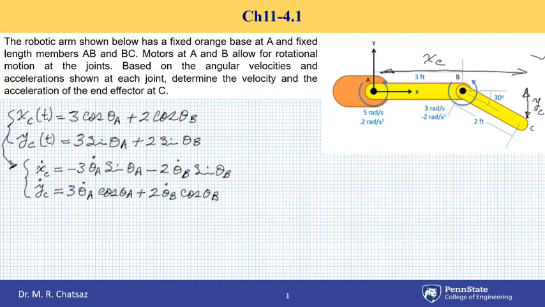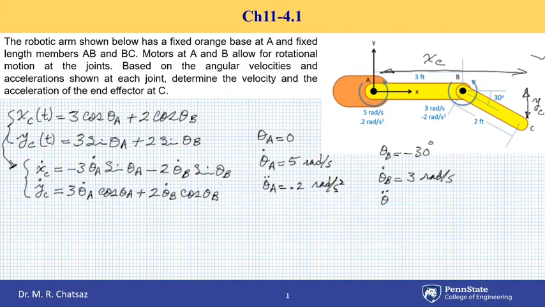Now if we write down the given information for the position shown, theta A is 0, theta dot A is 5 radians per second, theta double dot A is 0.2 radians per second squared, and for point B we have the following: theta B is minus 30 degrees, theta dot B is 3 radians per second, and theta double dot B is minus 2